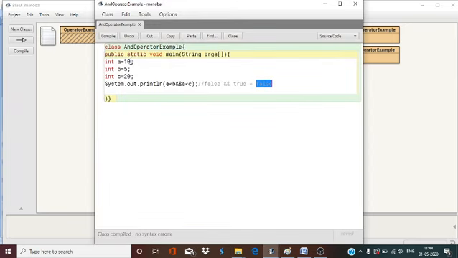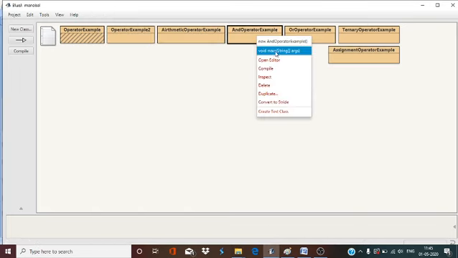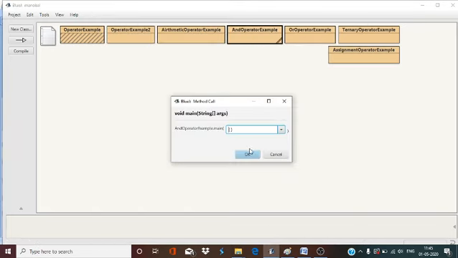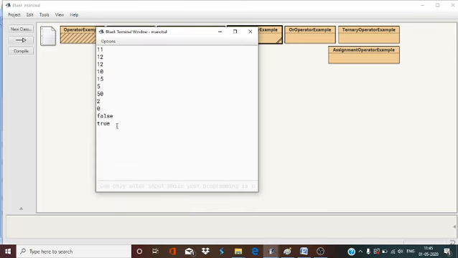If you give 1 here, 1 is less than 5 and 1 is also less than 20. Now compile it. Now both conditions are true, so the output will be true.